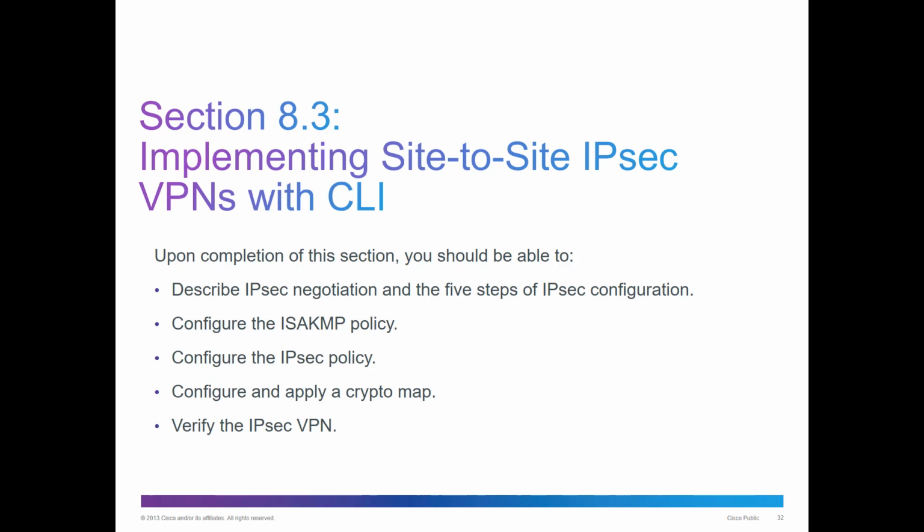One of the last major sections is implementing site-to-site IPsec VPNs through the CLI. We're going to go through the process of setting up our tunnels. This chapter we're looking at describing the IPsec negotiation and the appropriate 5 steps for configuration, configuring the ISAKMP policies, the IPsec policies, applying a crypto map, and then verifying functionality. So this is actually going to be one of the larger sections of this chapter. Alright, so with that said,